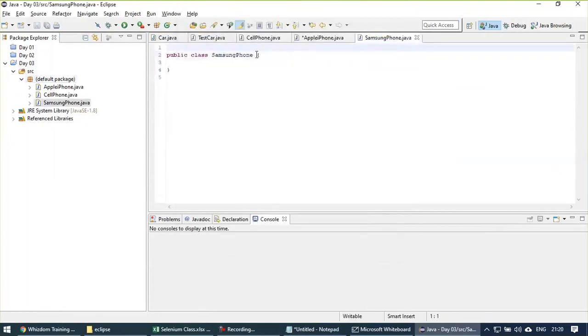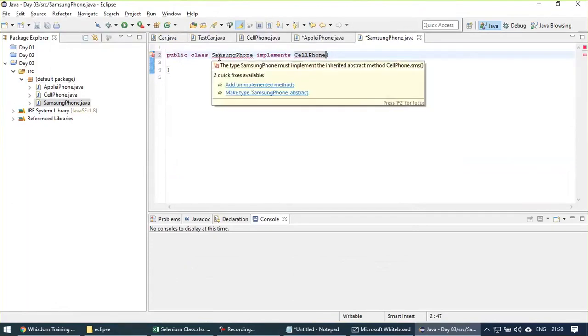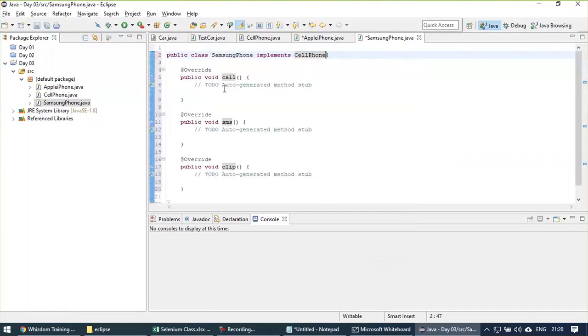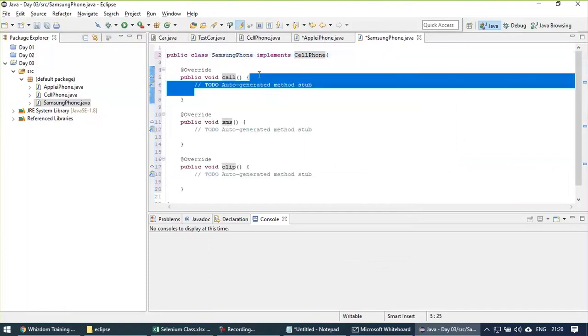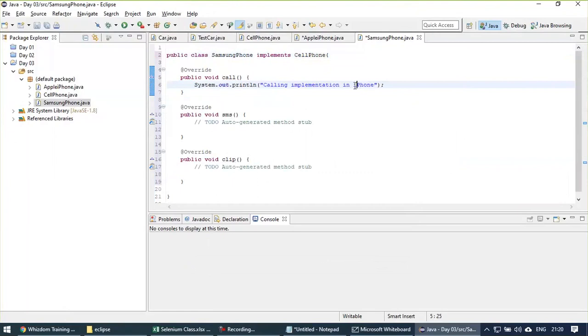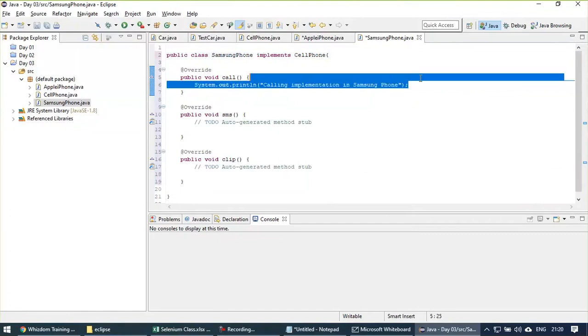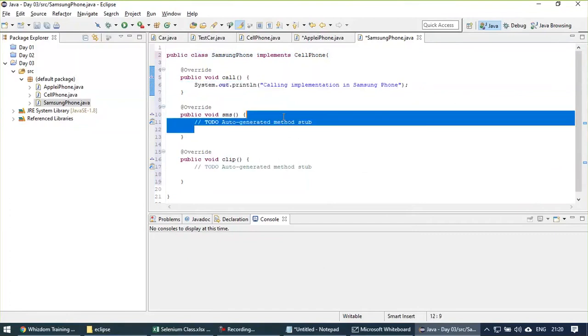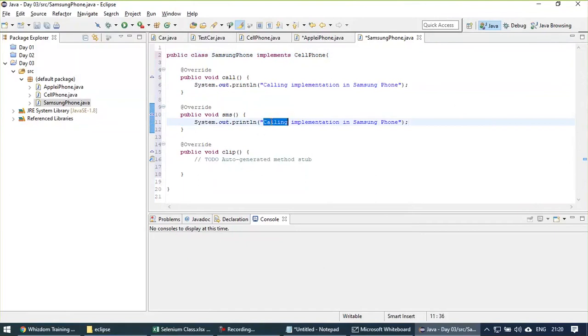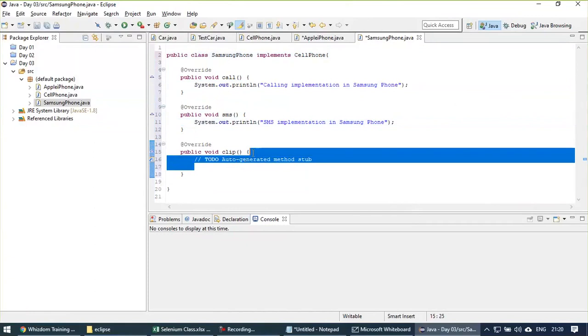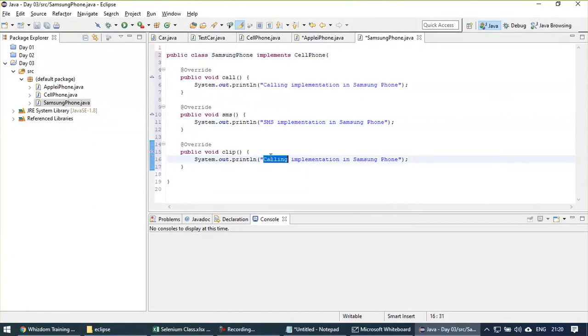Now over here, same way what we need to do is that we need to choose the option implements cell phone. Okay, and this is done. We need to choose this option, that is add unimplemented methods. Here calling using Samsung phone now. So Samsung phone, and let us just update the things everywhere. This is SMS, and the last one is, say, this thing, that is clip,